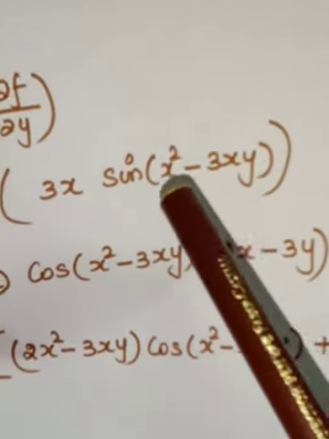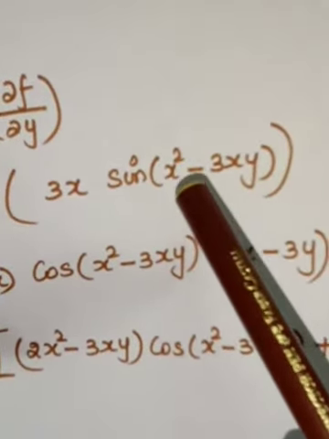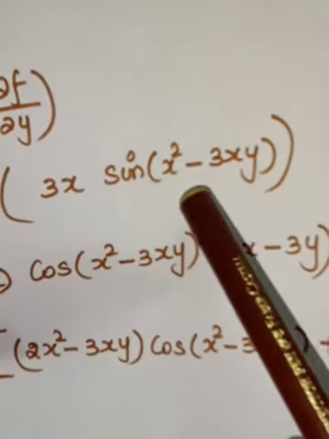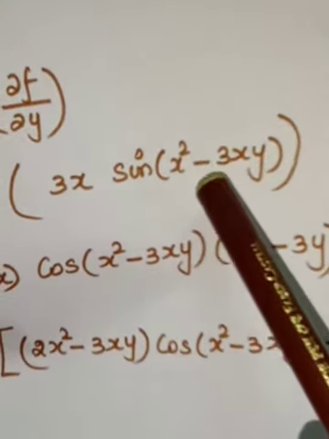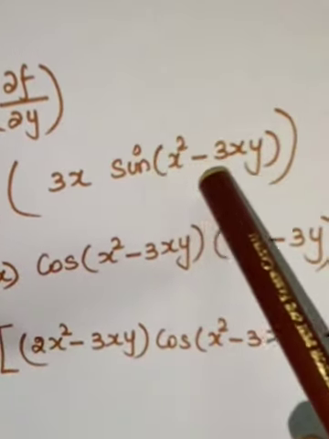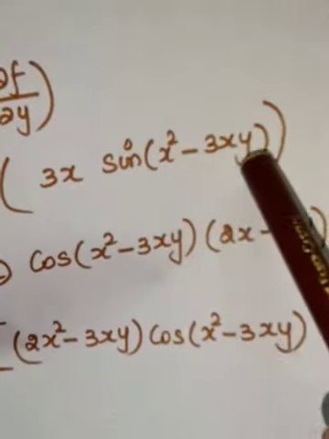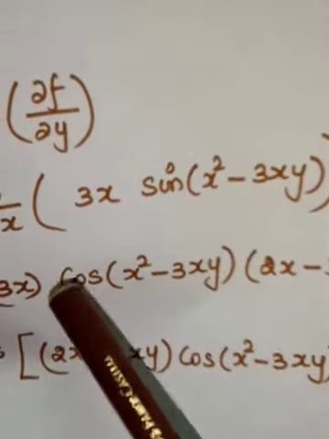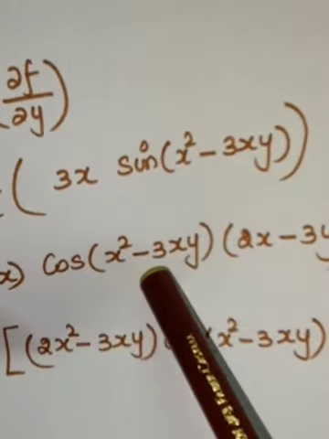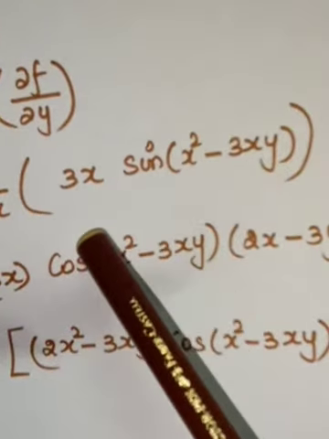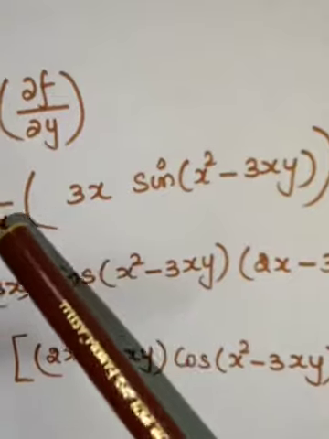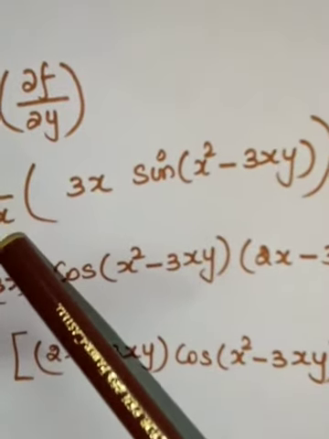Okay, so see now, while you are differentiating, you have to differentiate partially with respect to x. Here you have to use the chain rule. So first this step has to be taken as x. Now it is in the form of sin x. The differentiation of sin x is cos x. According to the chain rule, which is kept as x, that has to be differentiated partially with respect to x.